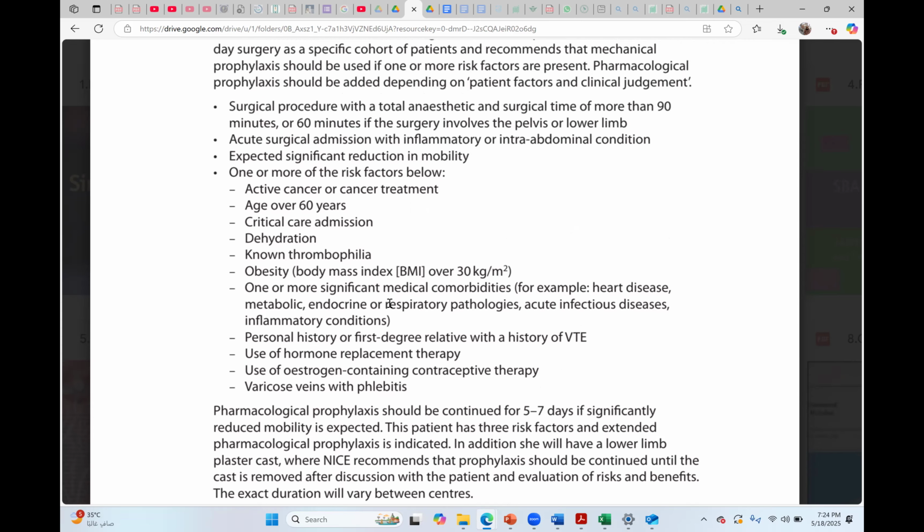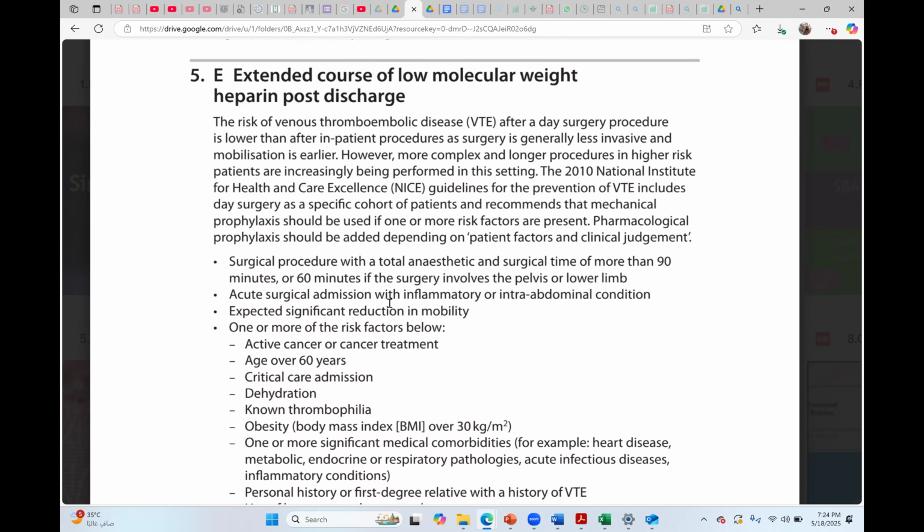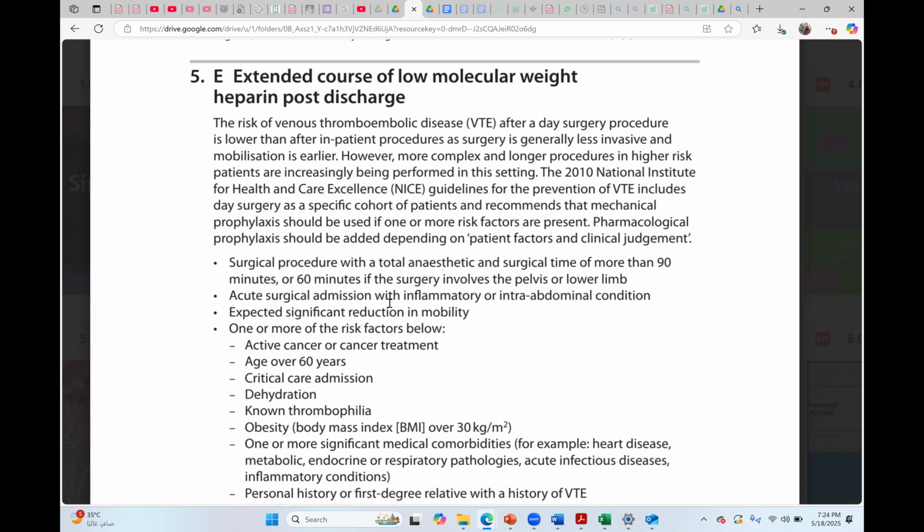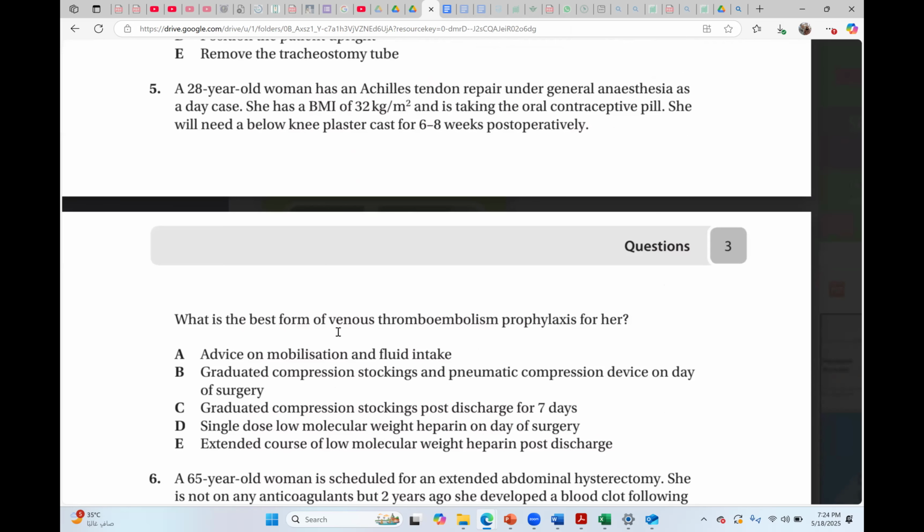So, what is the learning objective for this MCQ? That how many risk factors for venous thromboembolism the patient has, and accordingly you will decide what level of care will be needed. So if you come back, what they are asking, what is the best form for venous thromboembolism prophylaxis? All of them are helping. Okay. So maybe they will try to mobilize the patient in a way that the patient is able to move the other part.